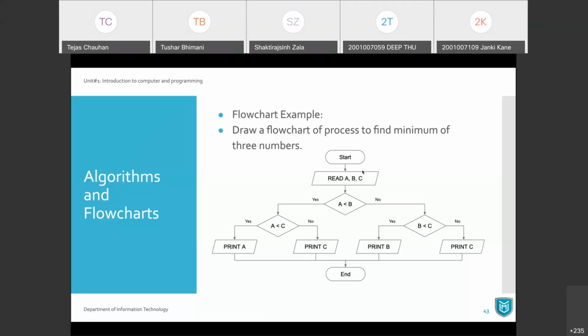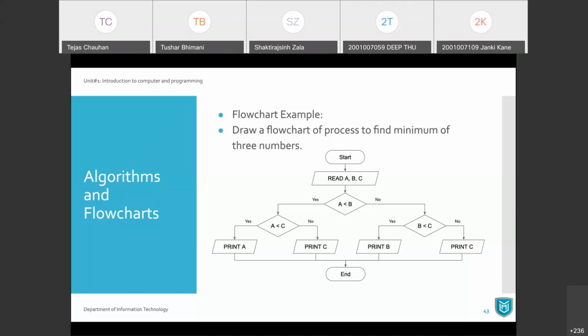Look, flowchart and algorithms are nothing but user, a person understandable steps or simple statements or a graphical way. So as you can understand, read A, comma B, comma C. So I want to read A, B, and C. That's it. It's not a programming language where we need to follow certain rigid rules here.